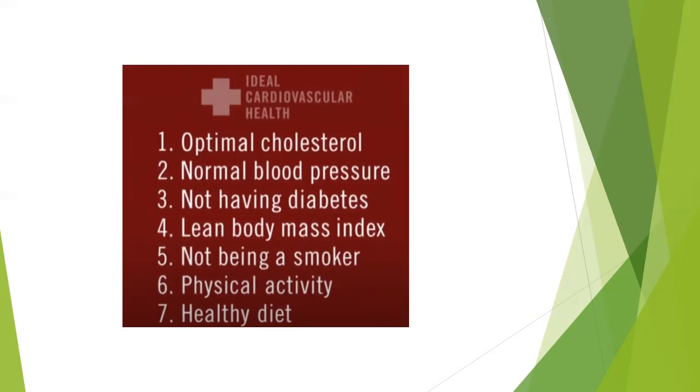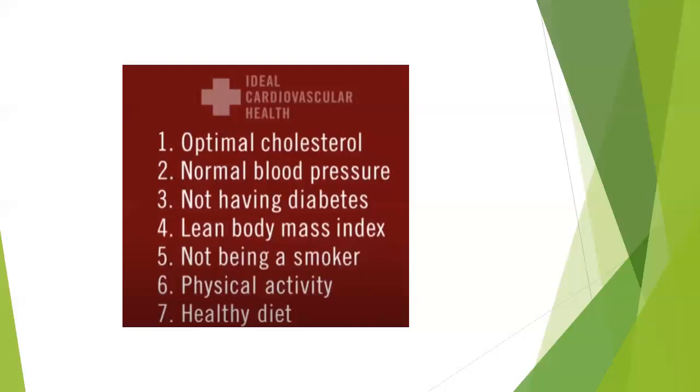Not having diabetes, okay? There are 2 types of diabetes. We'll talk more about diabetes on a different day. That's its own lesson. You can have a whole course on diabetes. Diabetes is so complex that it's hard to just briefly talk about it. But there's type 1, there's type 2. Type 1 is insulin dependency, right? And type 2 is having your blood sugar looked at. And if you have diabetes and you would like to talk about that with the class, we can discuss that before a class one day.